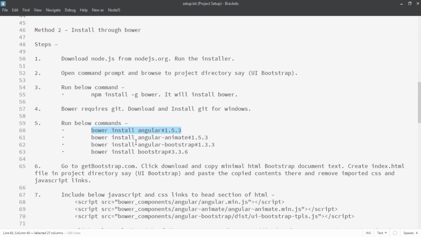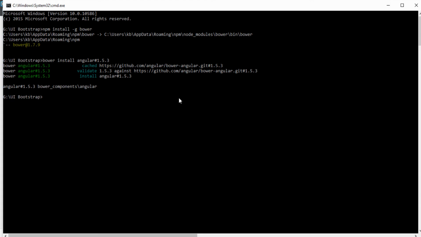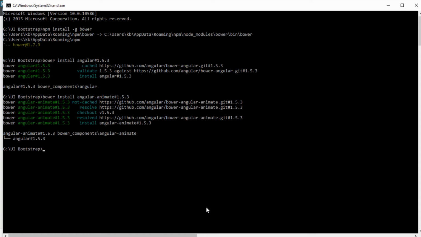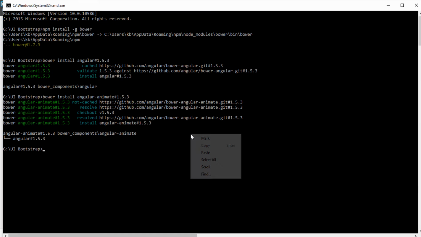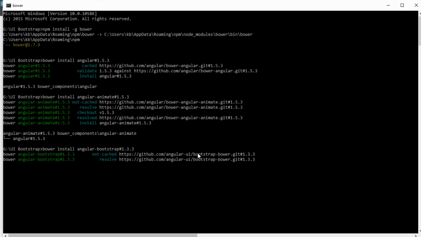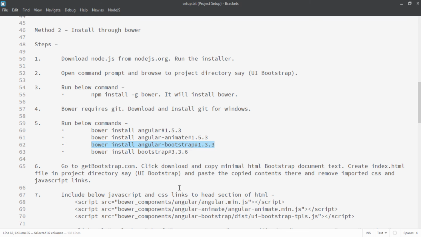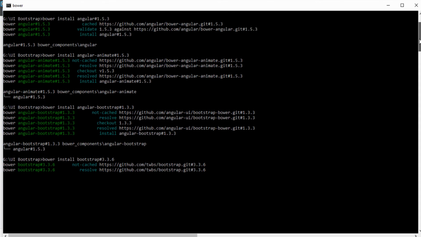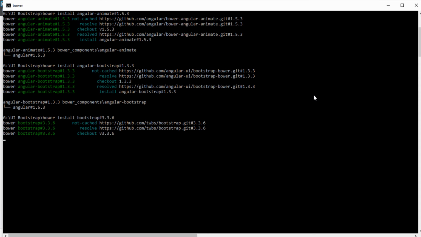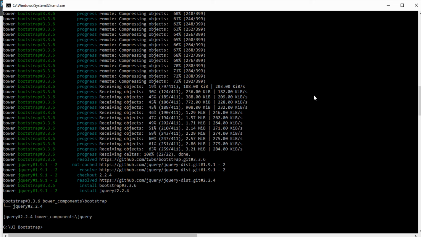Moving ahead, I'll copy the next command, then I will go to the third command, and lastly we'll install Bootstrap. So friends, after installing all the requirements,